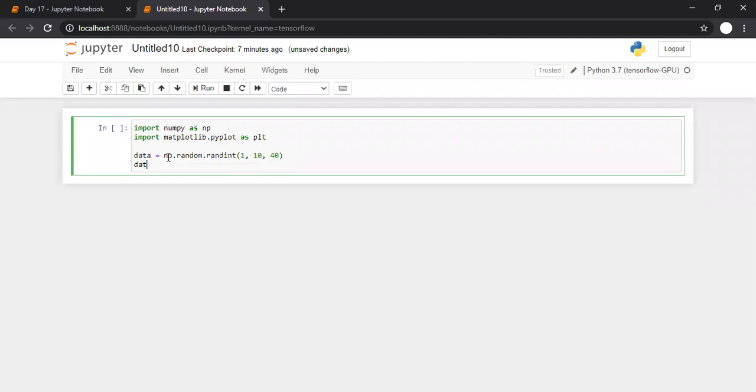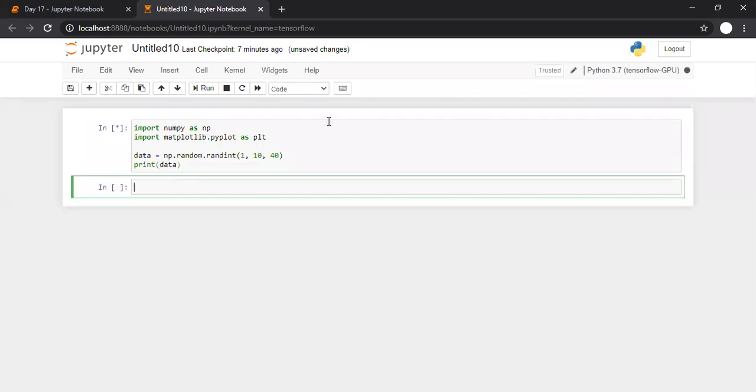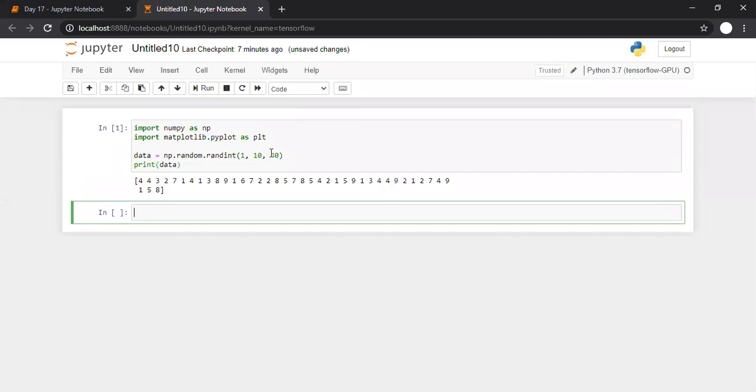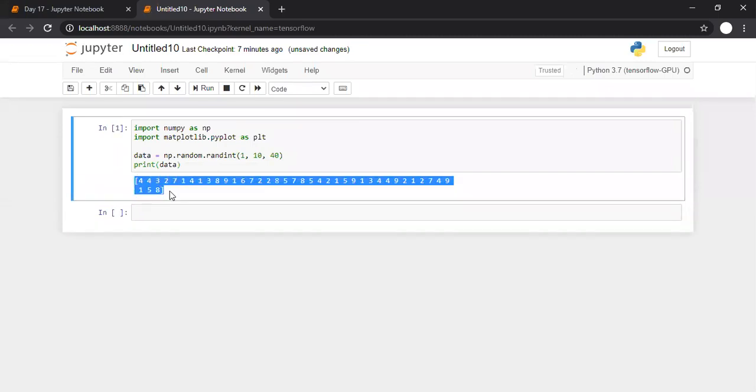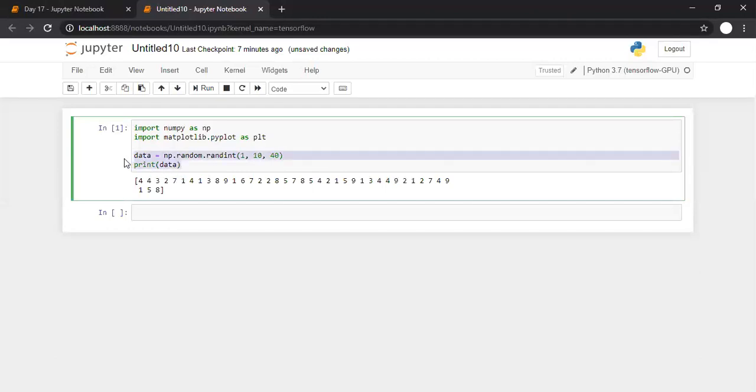And if I print these data points, it is something like this. So these will be 40 values. But when you say data points on a graph, those data points should have two values, x value and y value, that is x coordinate and y coordinate. But these are single values. So we are supposed to convert those values into 2D data, and we know how to convert values into 2D data.